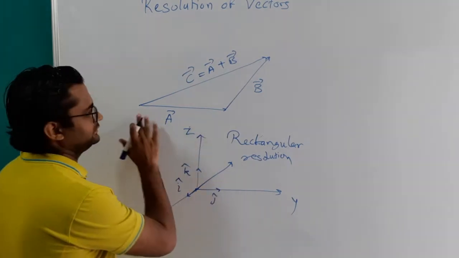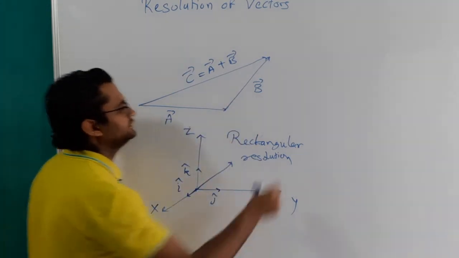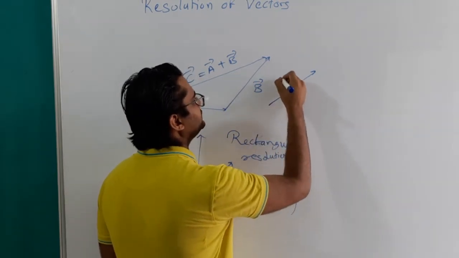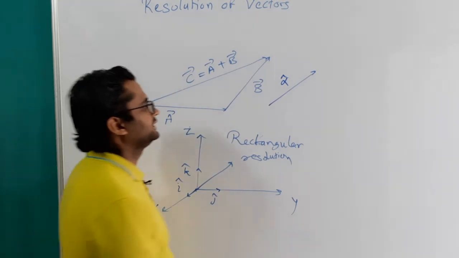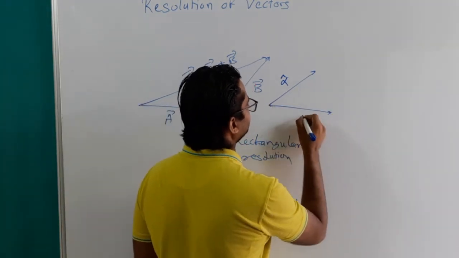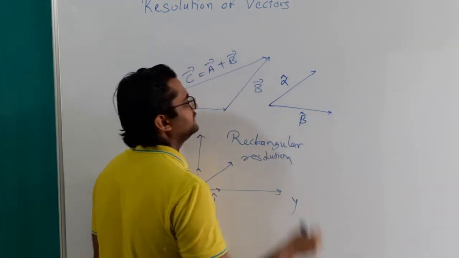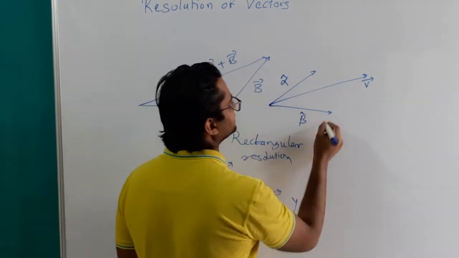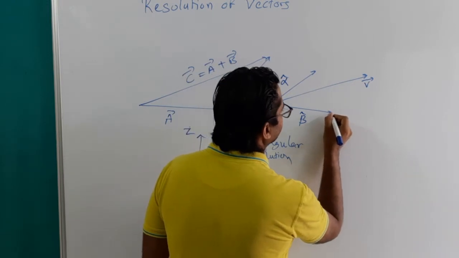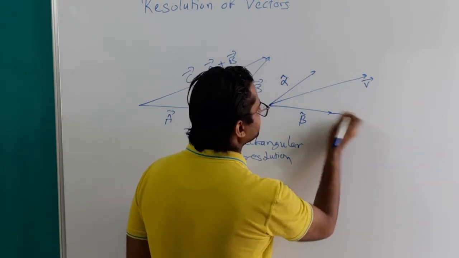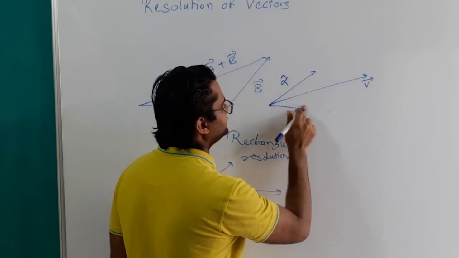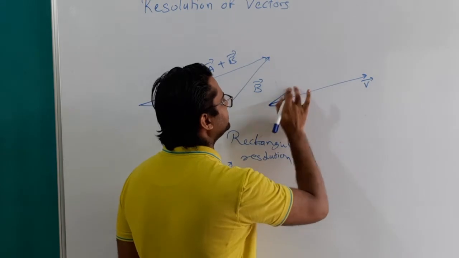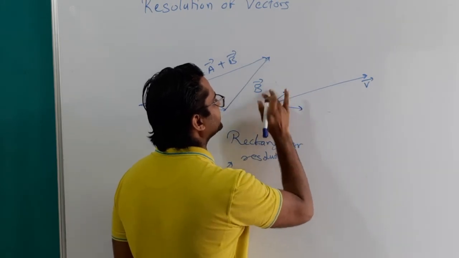Okay, so this can also be one more possible way. Let us say I have this kind of direction, and let us say the unit vector in this direction is alpha cap. I have one more direction like this, and the unit vector in this direction is beta cap, and my vector is this vector v bar. So we can split this vector v bar as having components along i cap and j cap, or alpha cap and beta cap. Let us draw them small since they are unit vectors. So these are alpha cap and beta cap.